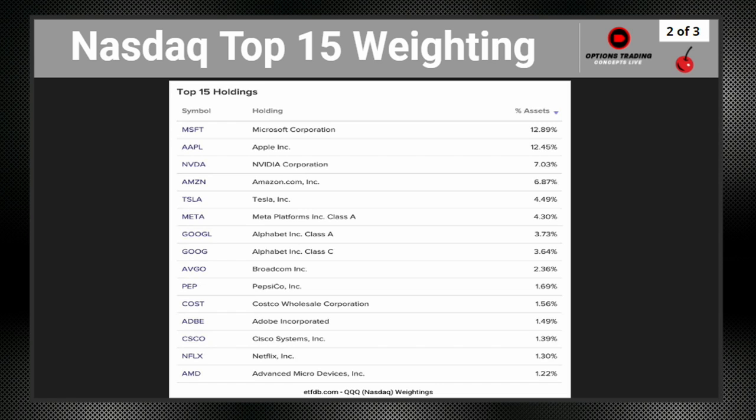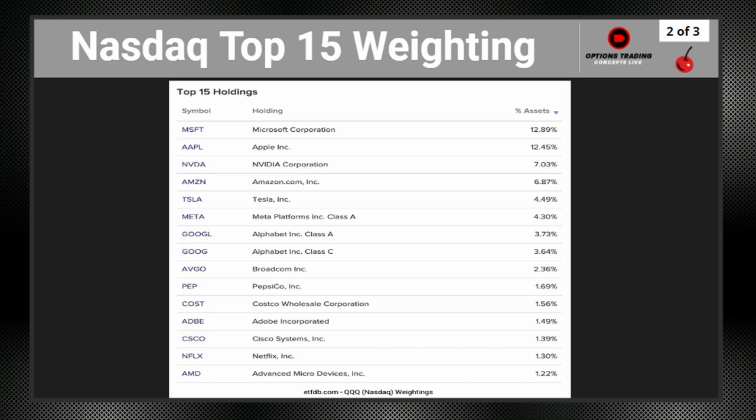Yeah, I think when you look at this list, I think the surprising ones might be something like AMD, Netflix, Adobe, Costco, where they're only a mere 1.5%-ish. And then you have the top 2, Microsoft, Apple, at 10 times the amount of that weighting. So pretty interesting distribution, to be sure.